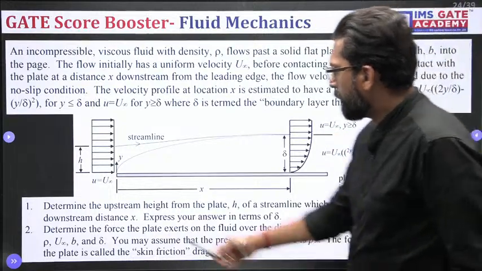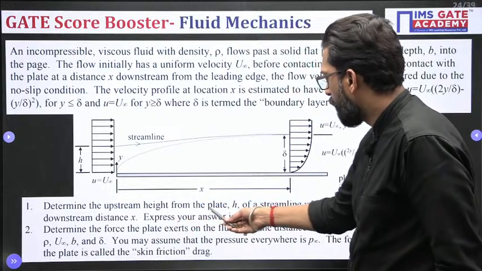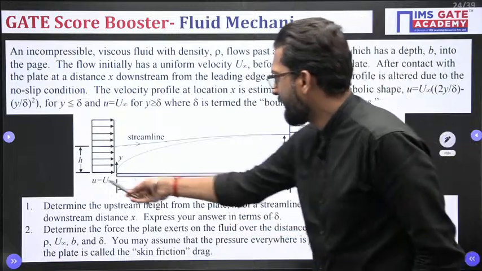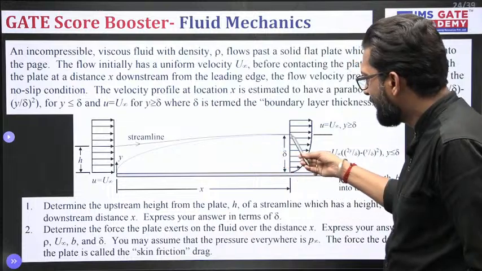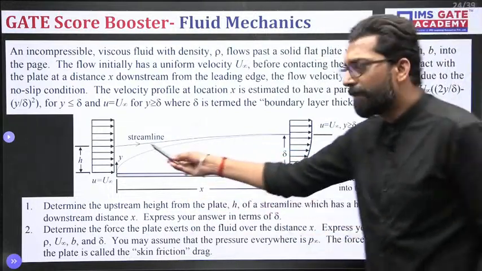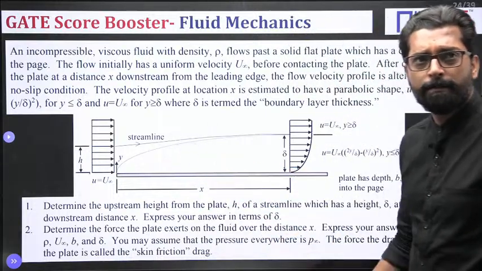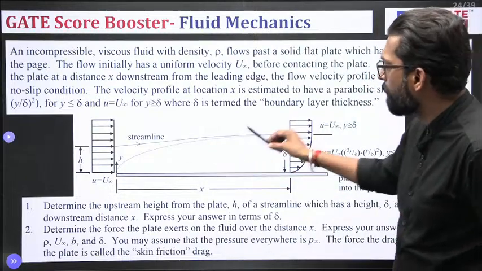Now determine the upstream height H from the plate. That means what is the height? There is a streamline. Why is the streamline deviated upward? Anyone can tell me? This streamline is deviated upward. Why the streamline deviated upward? Why? Because see my dear,